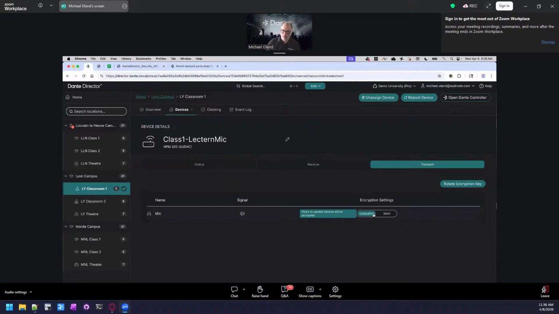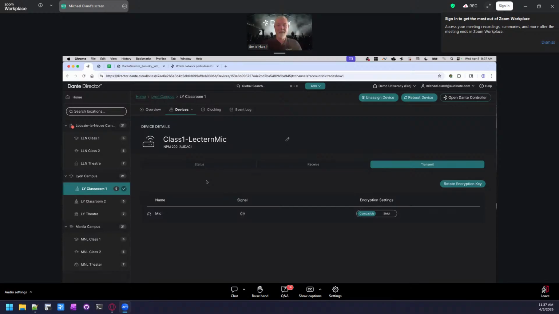You can say whether it's compatible, which says, hey, it will encrypt if it can. If you click on strict, it'll only allow you to transmit to devices that can receive encrypted signals. So you're in control as to whether you want to say, look, do it if you can, or nope, this is a medical situation, or this is a C-level boardroom. We need to make sure it is. So don't allow it to transmit audio to something that can't receive encryption.